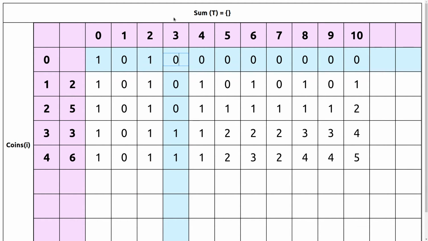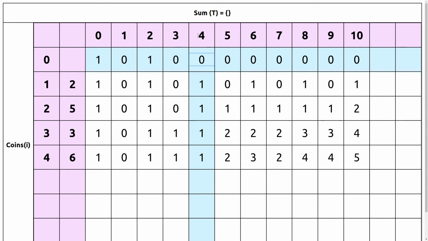Similarly, if we consider the sum value of 3, by excluding 2, the number of ways was 0. So in other words, whatever the old value of the current cell, that will correspond to number of ways by excluding the current item. If we consider inclusion choice, then 3 minus 2 is 1. By including 2, there is no way that we can sum up to 3. So 0 plus 0 will be 0 itself.